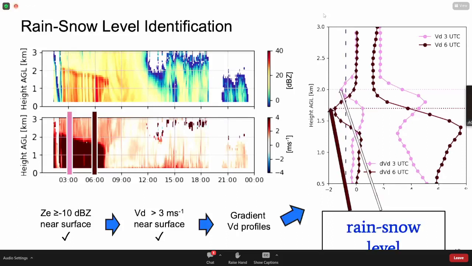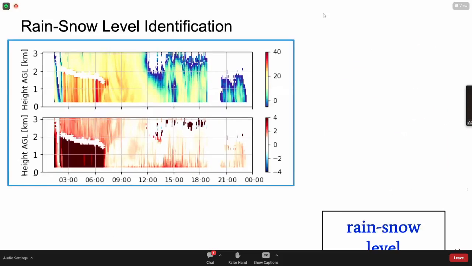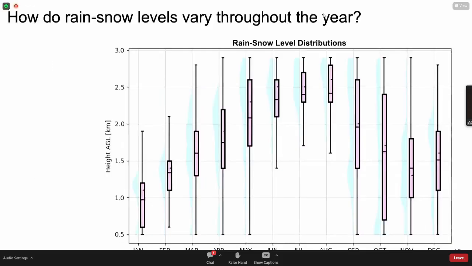Using that method on this one particular case, this is how the results line up. We see how the rain snow level first matches up with the bright band in the radar reflectivity, and then clearly use the Doppler velocity to identify that rain snow level. So that's how it matches for the full event there. And then we take this method to our years of observations, and we get this distribution of rain snow levels